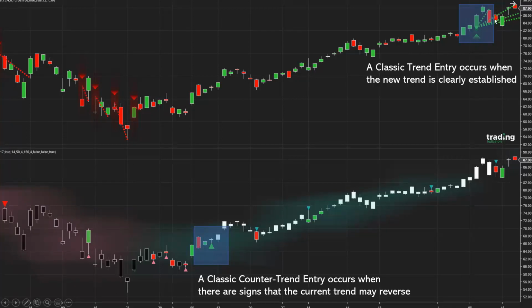What you can see here are visualizations of one of the indicators we will show you. It's called the 1, 2, 3 strike indicator. At the bottom, on the other hand, you see a classic counter trend entry. In counter trend trading, you are looking for early warning signs that the previous trend, in this case a downtrend, is going to end and potentially reverse.